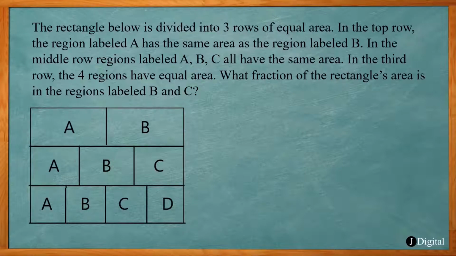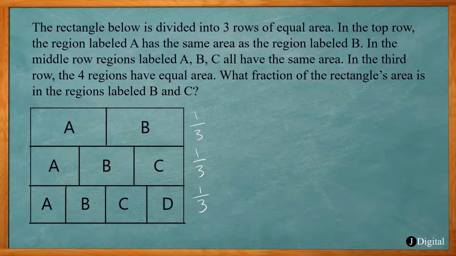So for this one, each row is going to be a third of the whole rectangle. They have equal area, that means they're split into 3 equal pieces, so each row is a third, for a total of 1. Now